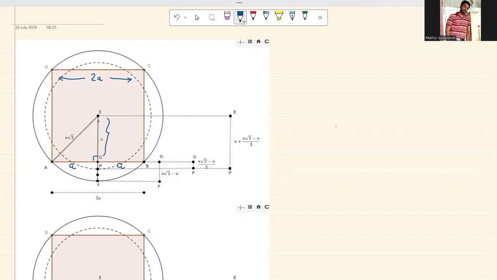Now, as we discussed in the short example before, we extended this EG and joined it till F. So this is the entire length EF, and this was the length GF. This length GF was divided into three equal parts. So I will say that GF is divided into three parts,